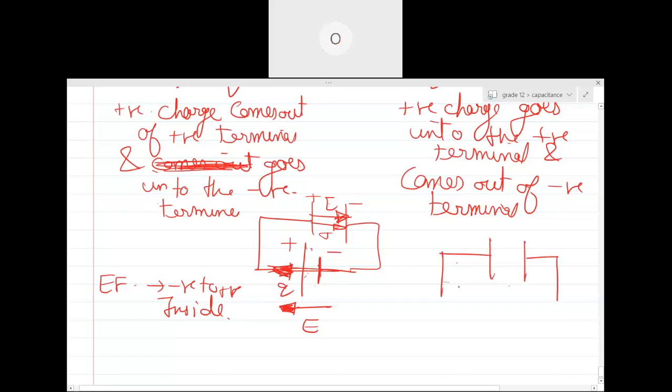ना? याद है भूल गए हो? 11th grade stuff. Whenever the displacement is in the direction of force, work done is positive. In this case, electric field is still from negative to positive, but my charge is going from this direction, right? So can you see that displacement of the charge is in the opposite direction of electric field? Hence, the work done should be negative. Is this clear? Okay, sir. It's clear, sir. Basically, remember. Thank you, sir. Chal, theek.